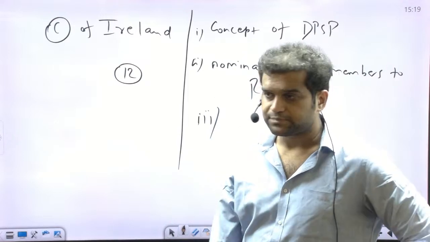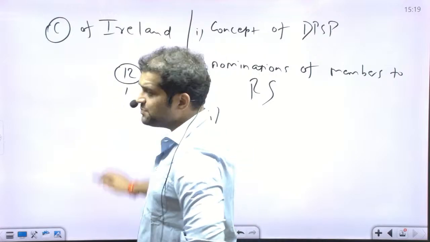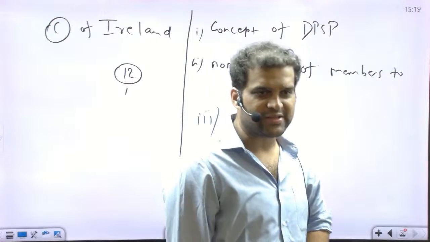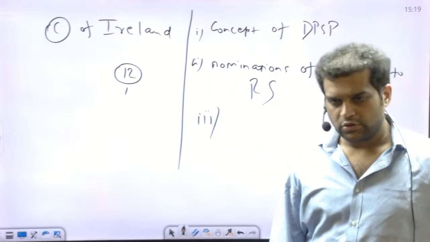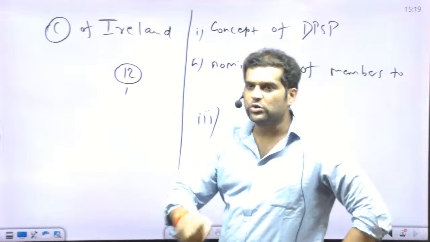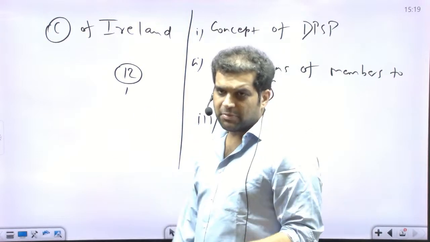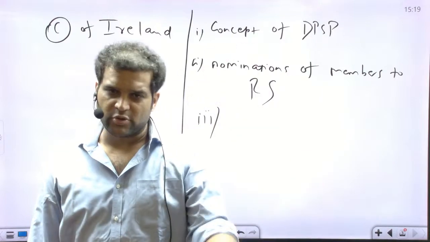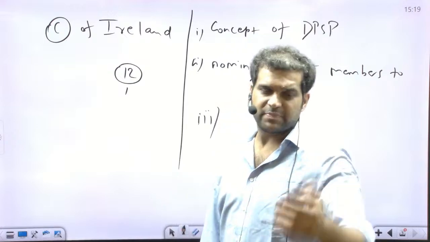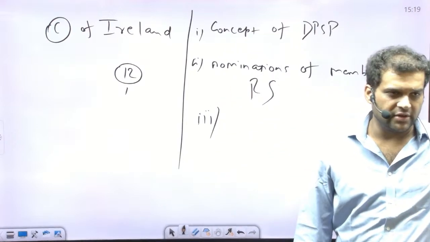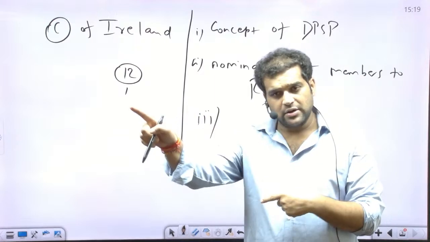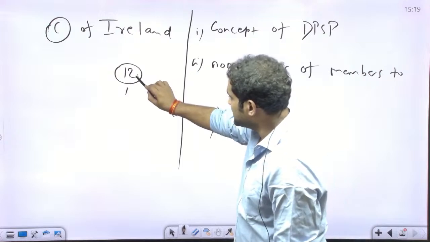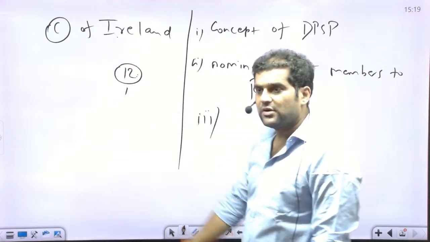All right. And these people should be experts in their respective fields, which could be sports, literature, science, public service, politics, right? What have you. All right. This is a sort of backdoor entry into the parliament, because not every person is capable or interested enough to contest elections. Getting my point? Election is a very cumbersome process. So not everyone is interested, despite being a giant in his or her own field. So this is a sort of backdoor entry to the parliament. And this power rests with the president. So this concept we have taken from the Constitution of Ireland.